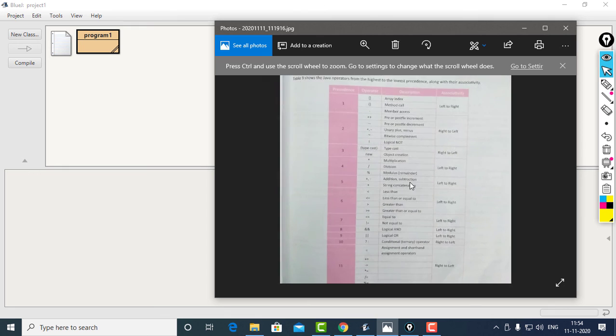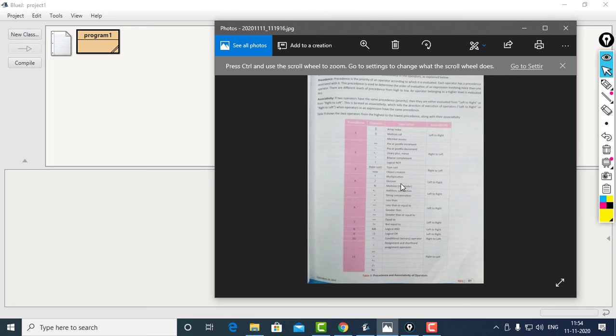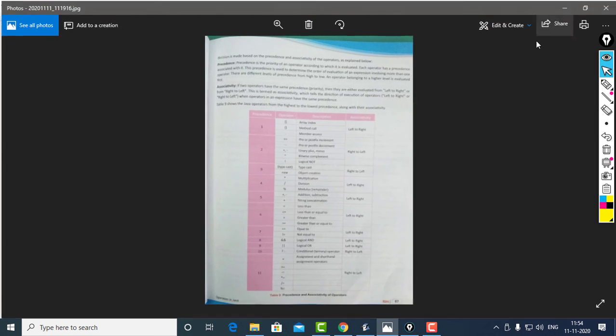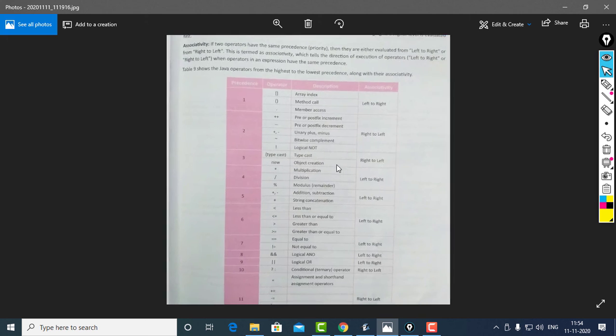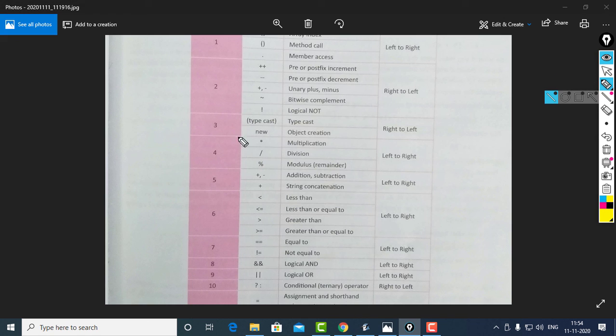Then next we can learn precedence and associativity. So precedence and associativity means, see, in Java we are using a variety of operators. So suppose all these operators come in a single expression, what will happen? The compiler will be confused, isn't it?